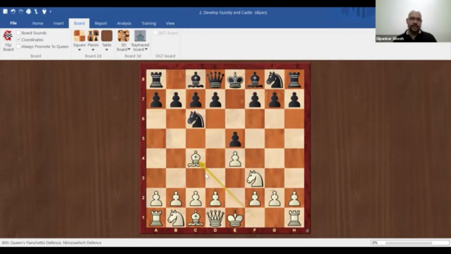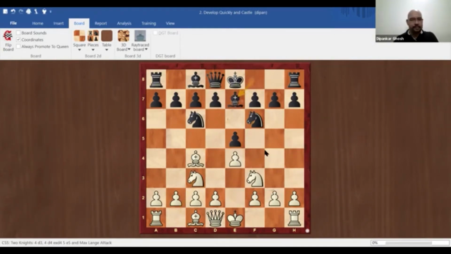We bring the bishop out. Again, developing pieces. Black also is doing the same thing. He brings his knight out, attacking our e4 pawn. We bring our knight out, protecting. So we are combining the development of pieces along with managing any threats that our opponent makes. So for example, here, the knight is attacking the pawn, and we didn't want to make a move like this, because that will move the same bishop again, which already was developed. It's much more effective for our game to bring another piece into the game and protect the pawn.